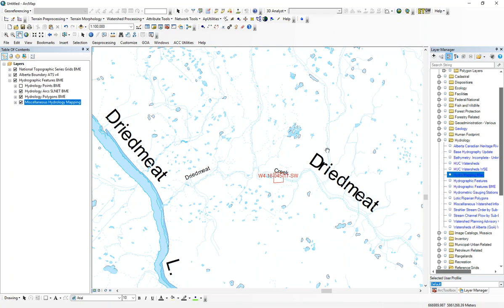This is in the Battle River Basin, and Dried Meat Creek is a tributary of the Battle River, and it discharges into Dried Meat Lake. This is just south of the city of Camrose. If we look at the NTS information, the project area is right here, just on the north side of Dried Meat Creek, and at issue is the